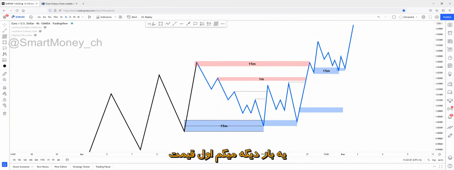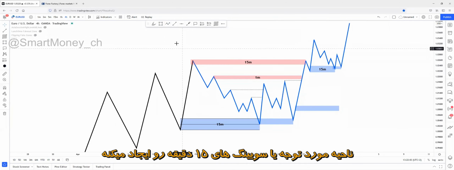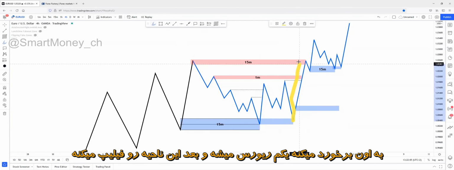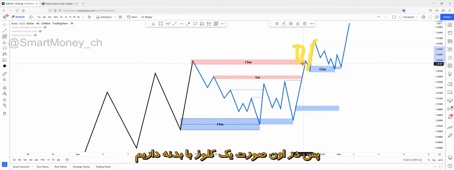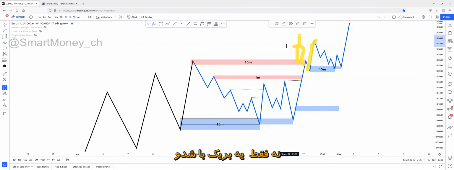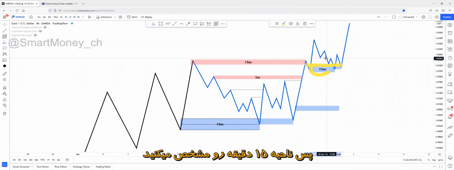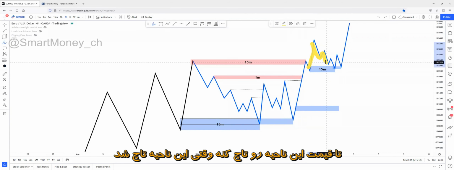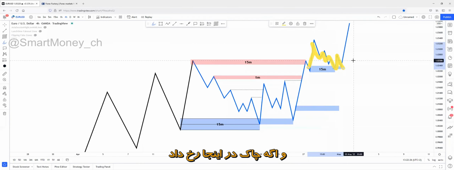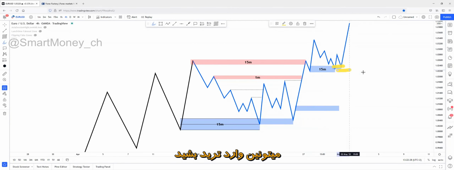Once again, price taps this 15-minute swing high, strong high, POI, anything, taps this zone, creates a reversal, and flips this zone. If this candle closes above with body, so it will be a body closure right here, not just a wick closure, then you can wait for a tap of this 15-minute zone. And it's really, really important to mark a 15-minute zone out, not a 1-minute zone out. So you mark a 15-minute zone out, then you wait for a tap of this zone, then you enter in trade if change of character happens right here.